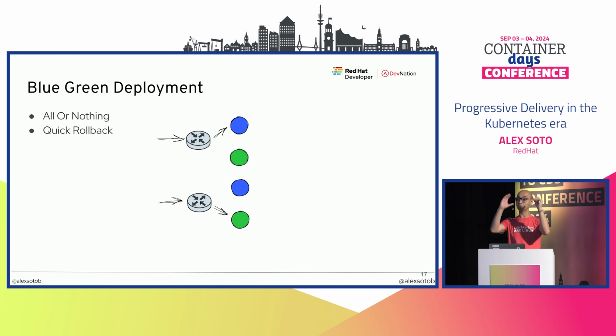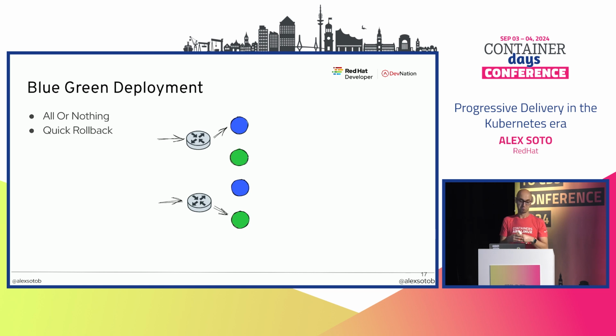So I've got my version 1, I deploy the version 2, and at some point, I can do some tests in version 2, which is still not released, and at some point, I release the version 2, this green one. What is the big advantage of this is that you've got a quick rollback. So you can be in version 1, you change this router to version 2, and if you detect that there is a failure in the version 2, you can just quickly get back to version 1 because it's just changing these route